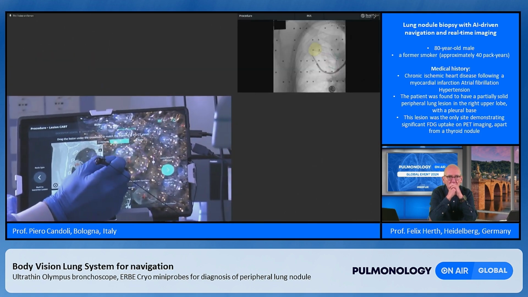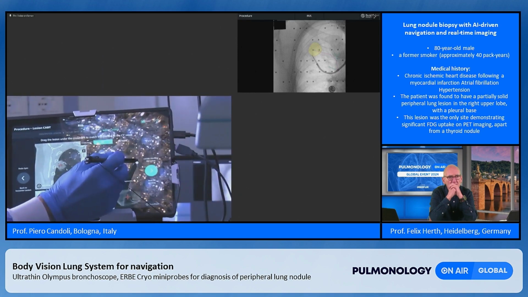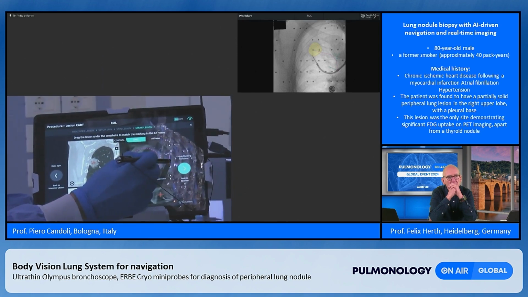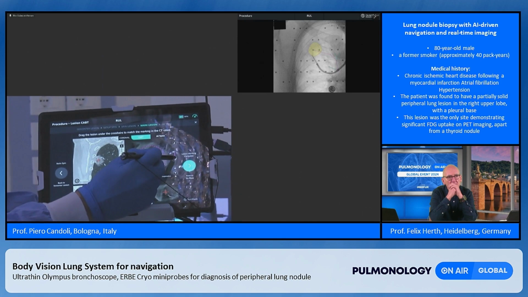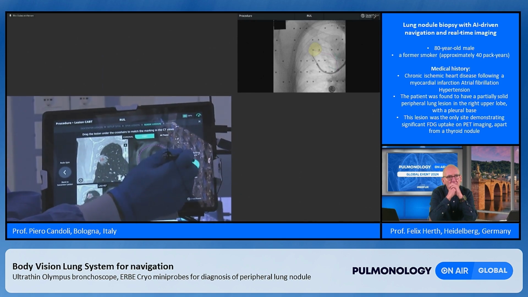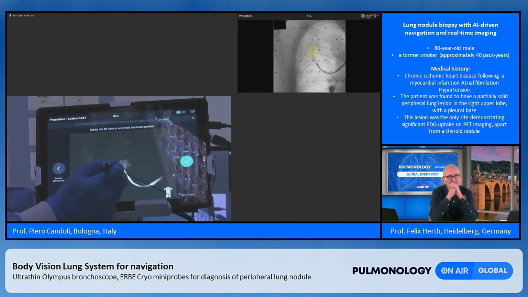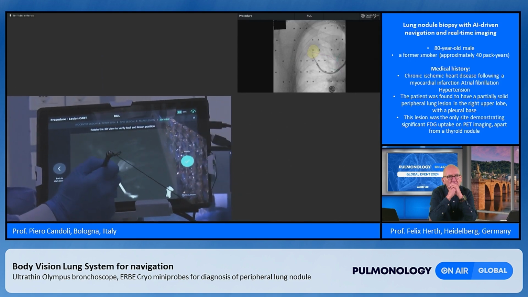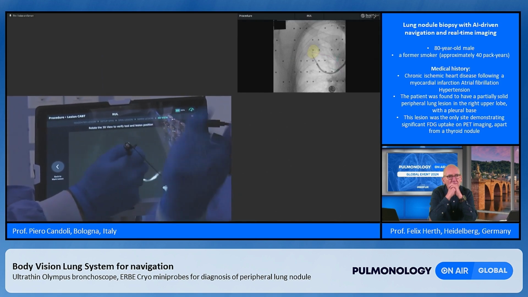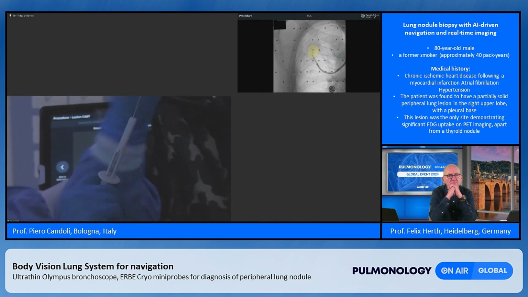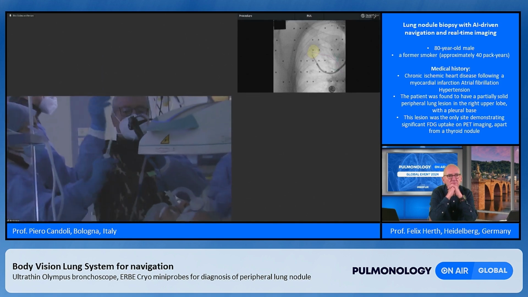Un po' di riflesso della scialitica. Ancora un po'. This is lesion. We are not inside the lesion. We are close, but not inside. So we try to